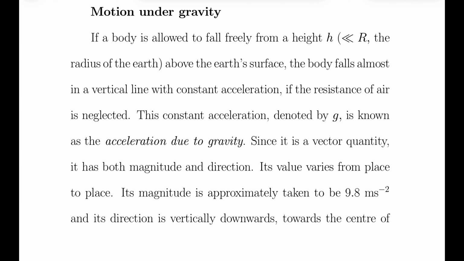This constant acceleration, denoted by g, is known as acceleration due to gravity. Since it is a vector quantity, it has both magnitude and direction. Its value varies from place to place. Its magnitude is approximately taken to be 9.8 meter per second square, and its direction is vertically downward toward the